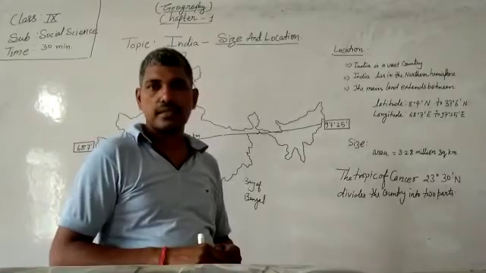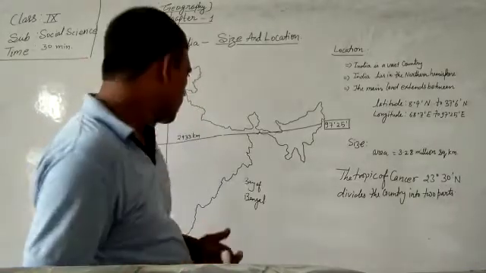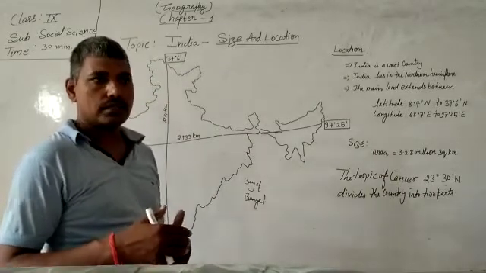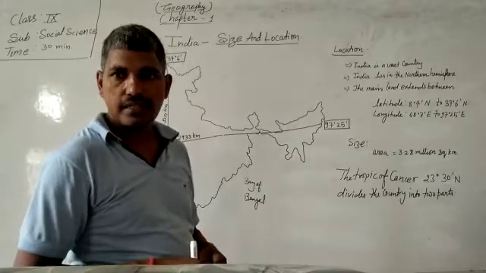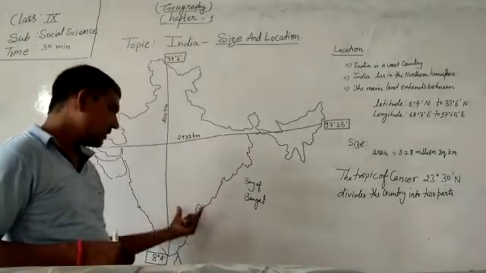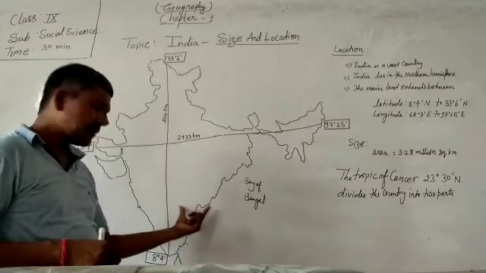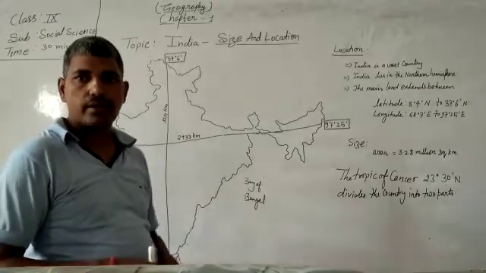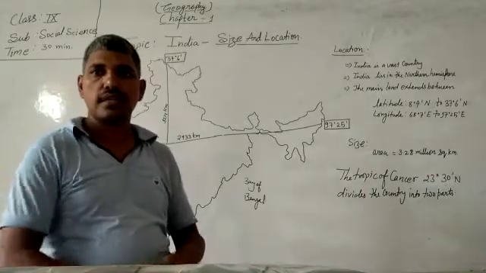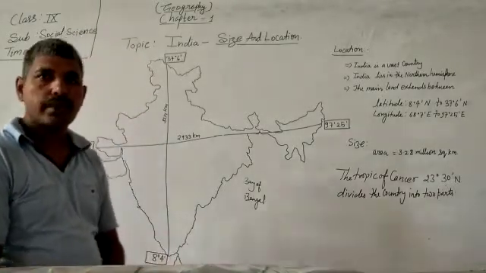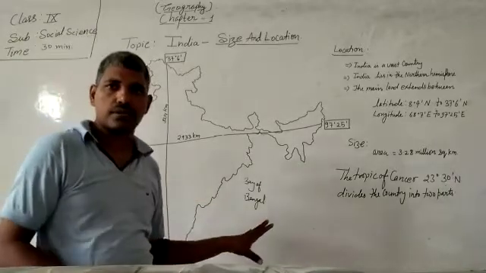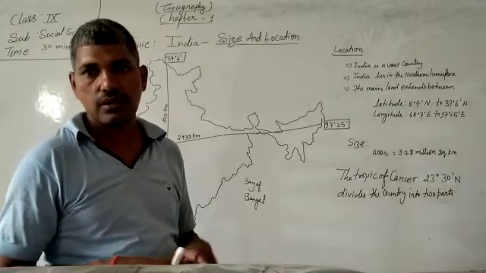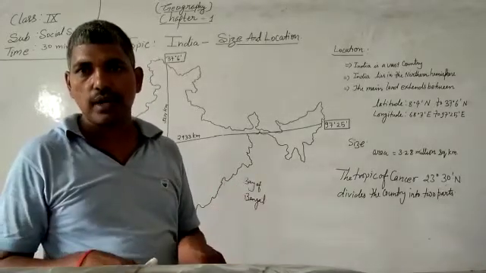Now the next most important thing is that we will see the location of our country and its neighboring countries, and about the peninsular region also. The region at the bottom is known as the peninsular region. Dear children, just now I have reminded you that you have read about peninsular regions in class 8 also, what a peninsula is. What is a peninsula? A peninsula is a part of land which is surrounded on three sides by water and one side is attached to the land.